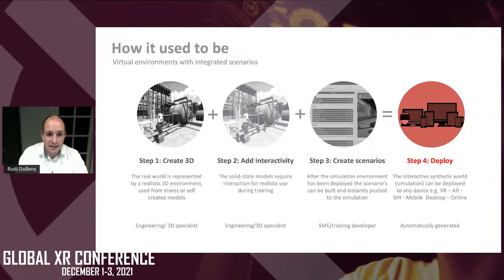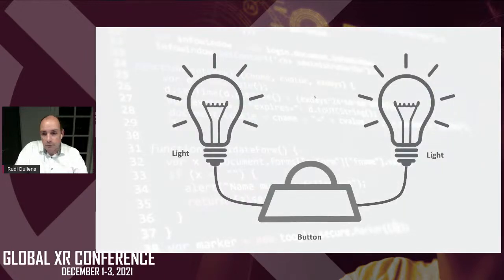So basically, what happens is that you get an environment that is very, very rigid. It is not very flexible. So to explain this a little bit better, it could look like this. So let's say we have a button and we have 2 lights, and then you ask your programmer to actually program that if you touch the button, the lights go on, and if you touch the button again, the lights go off. So let me do that. I'll touch the button, lights go on, touch the button again,